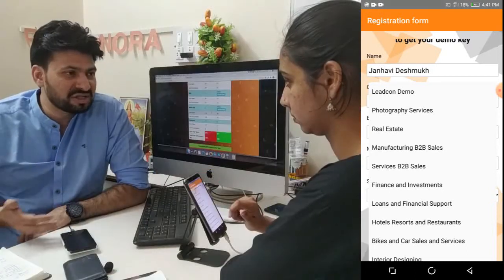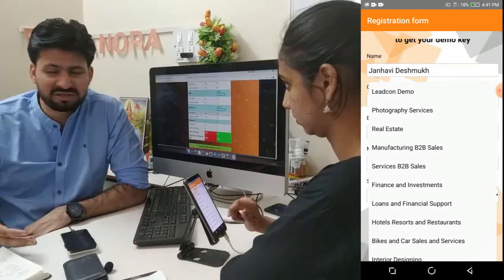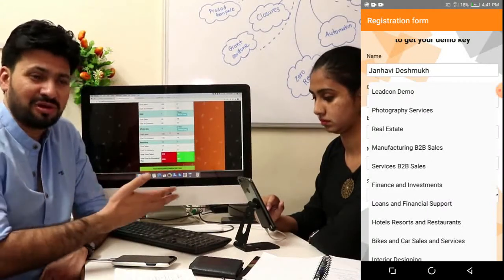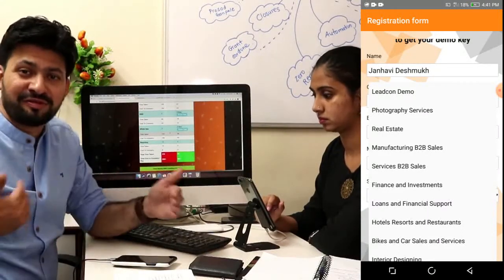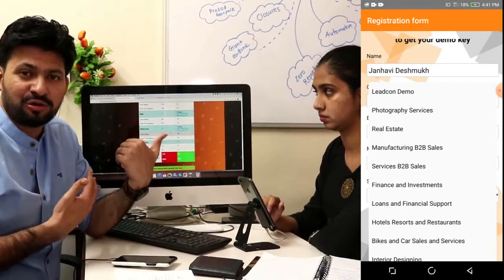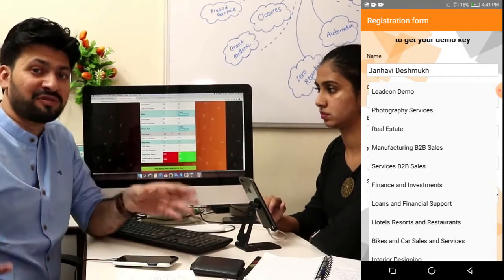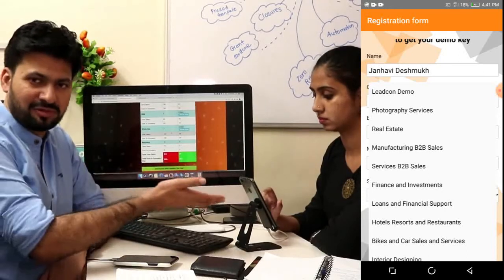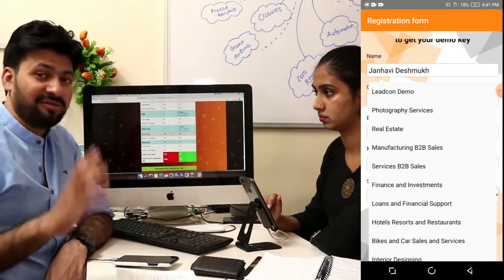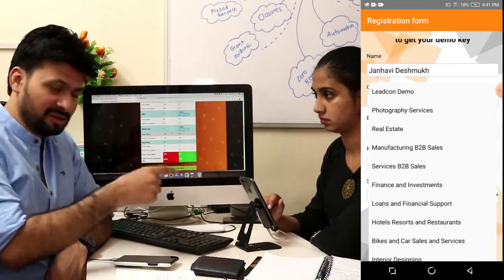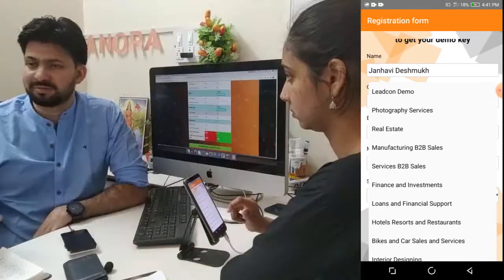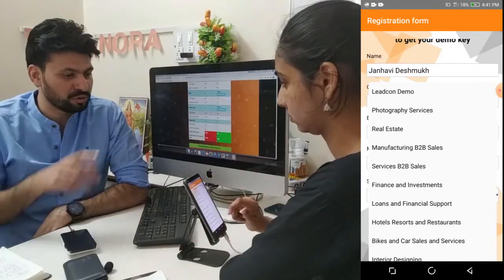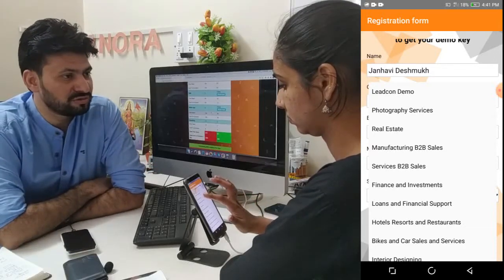It could be real estate, manufacturing, services, gyms, spas. There are 30 now and 150 more that we are adding onto the website. So there are 150 different business sectors for which LeadCon is valid. You can ask them right from the 30. If the customer does not fit in the demo versions that we have given, you can simply ask him to go for LeadCon demo. So for now, I would like you to choose the version of LeadCon demo.